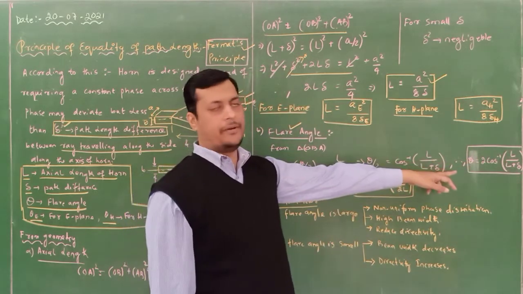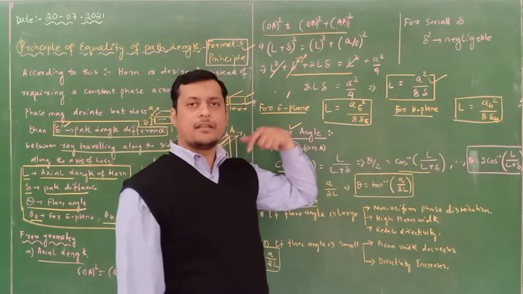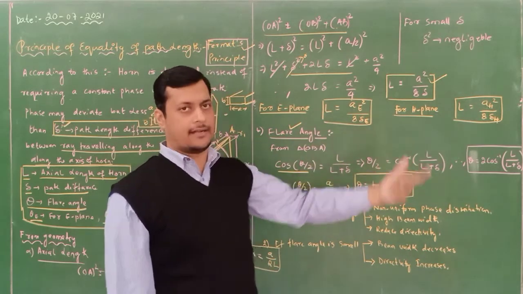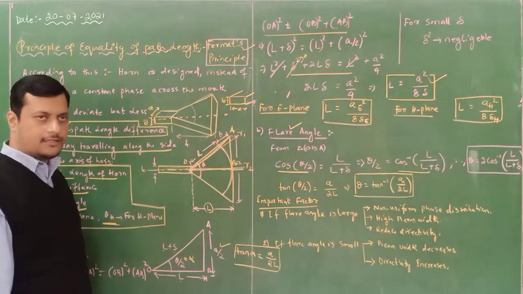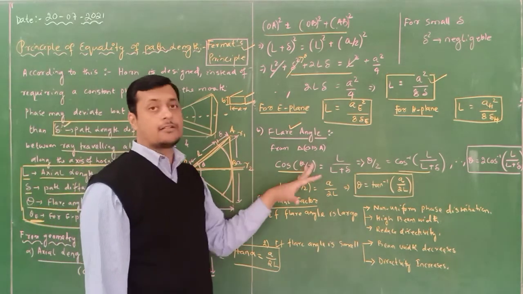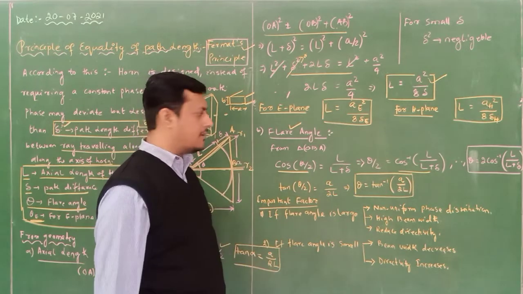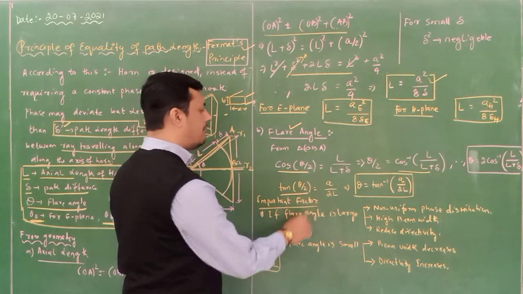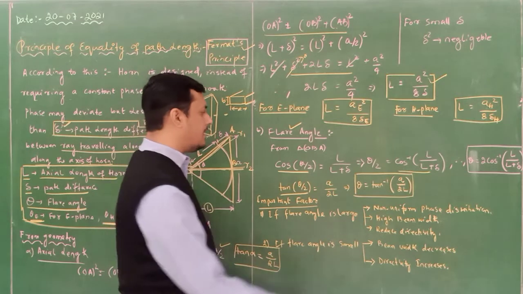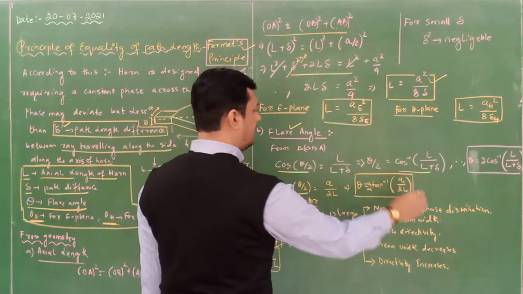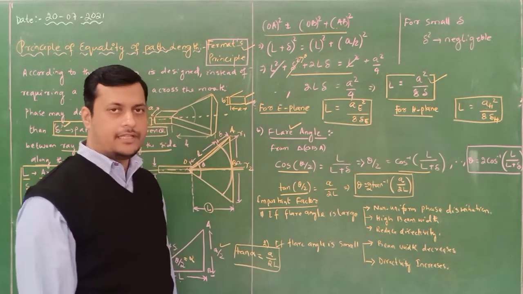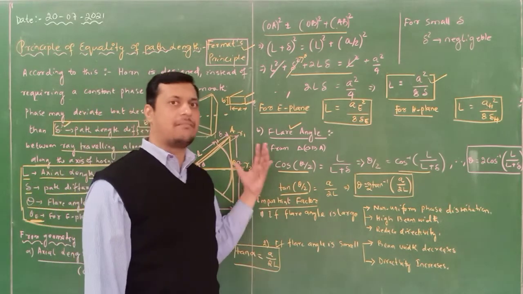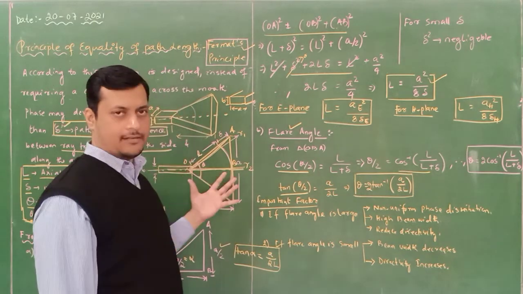So it depends upon the flaring angle whether it is E sectoral or whether it is H sectoral. If it is E plane, we will write theta suffix E. If it is H plane, we will write theta suffix H. Okay? Depending upon the cross section. But this is the general equation. Or the same thing we can write for tan theta by 2 is equal to this much, and theta is equal to twice of tan inverse of a by 2l. So this is the basic relationship between the flaring angle with respect to the dimension of the horn.